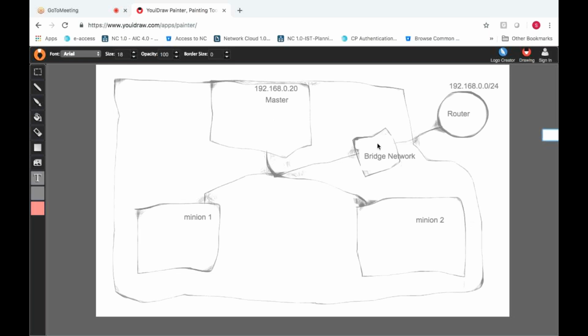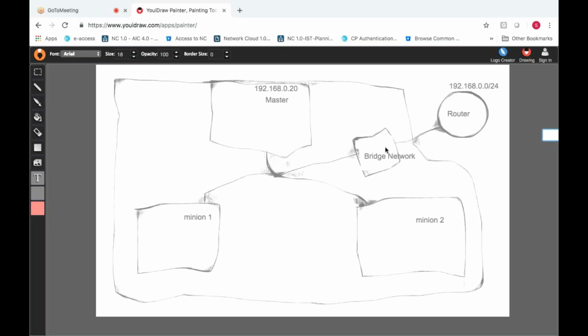But we need to ensure that there are enough IP addresses free in the router which you're connecting, whether a router or a LAN cable, whichever you use in order to connect the device to this router. Either you will use a LAN cable or you will use Wi-Fi in order to open this bridge network.